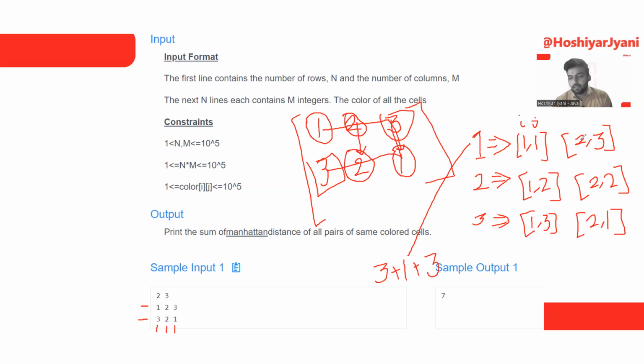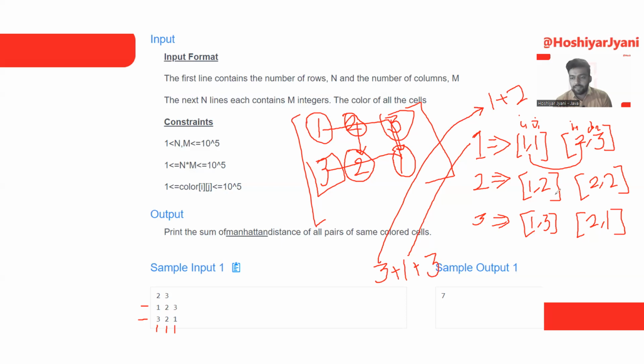This is I1 and this is J1, and this is I2 and this is J2. How can we find this distance? We subtract I2 minus I1 and J2 minus J1. When we subtract 2 minus 1, we get 1, and 3 minus 1, we get 2. 1 plus 2 is 3. So the result is equal to this.